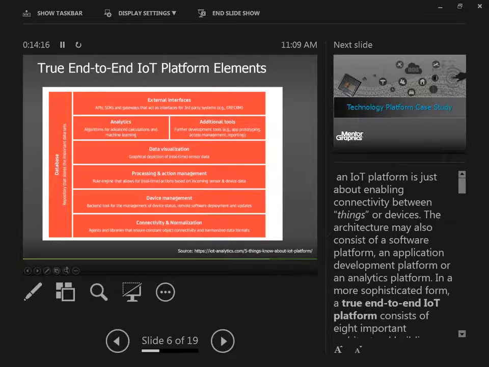The second layer that is also a must-have in a complete end-to-end IoT platform is device management. So the layer of device management is basically to ensure the connected things are working properly, seamlessly, running patches and updates for software applications running on the device or the edge gateway. So for example, if you have a sensor or any embedded device that's connected, your end-to-end platform should allow that you run diagnostics on your sensor, detect issues, run updates, run firmware updates. You can do any of these device management activities.